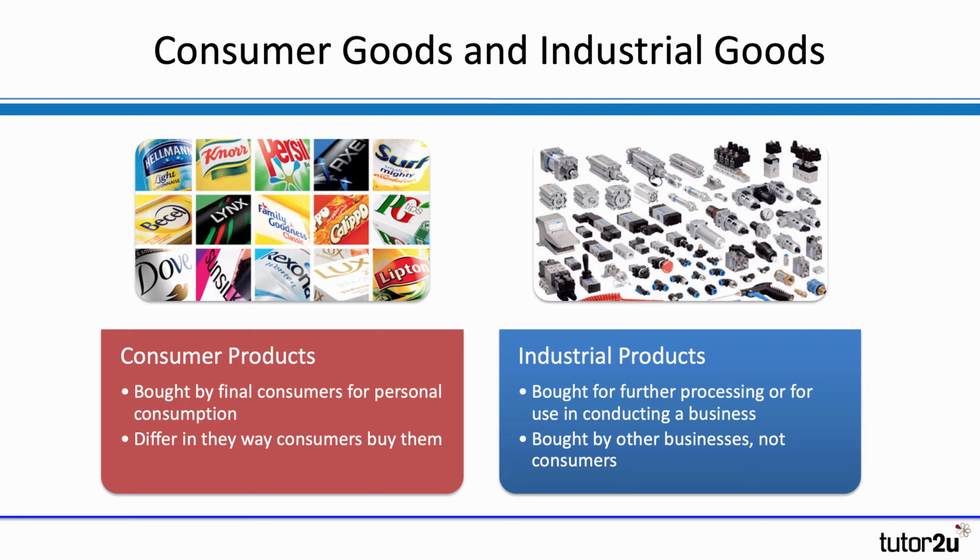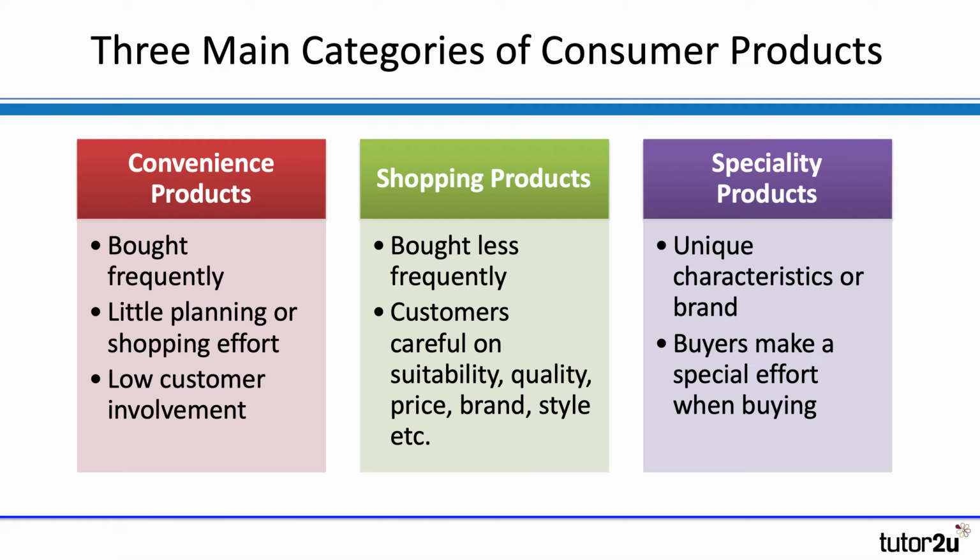On the right hand side there, industrial products are goods that are bought and sold by businesses between businesses, and they're used for use in further processing or for conducting your business. Well, that's an introduction. Let's just focus for a few more minutes on consumer goods, and the AQA specification